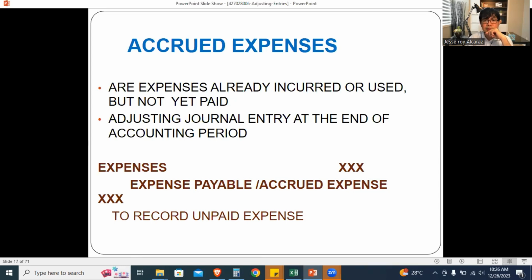Okay, accrued expenses. Are expenses already incurred or used but not yet paid? It is an adjusting entry at the end of the accounting period. Take note that in the accrual method of accounting, expenses are recorded when incurred. Okay, sabot pasabot ana. Ang pasabot ana is that bisag wala tayo gibayad, basta kay nagamit na nato or napahimos na nato ang isa ka butang or isa ka service, then we have to record expenses even if wala